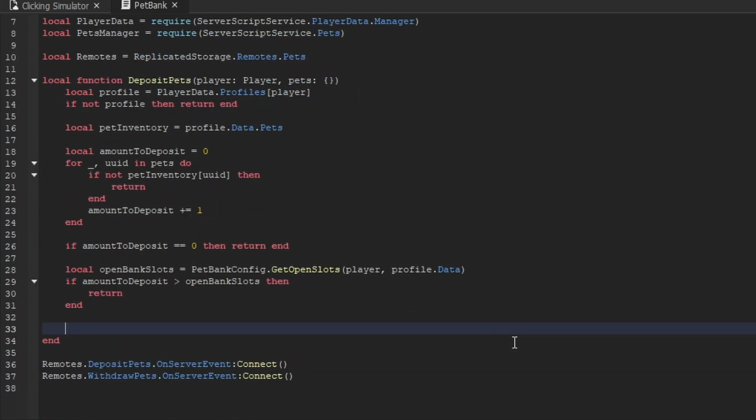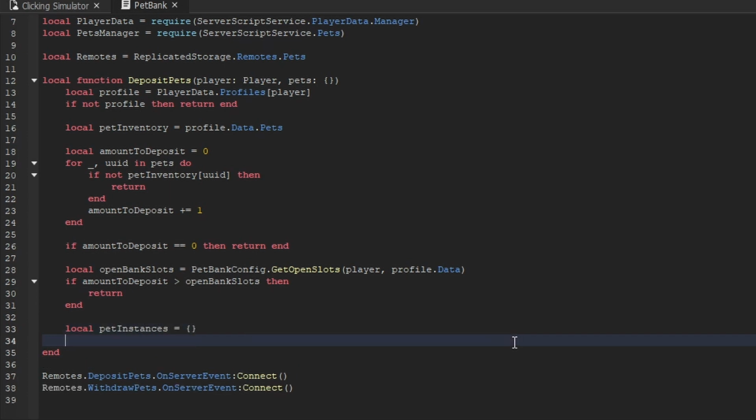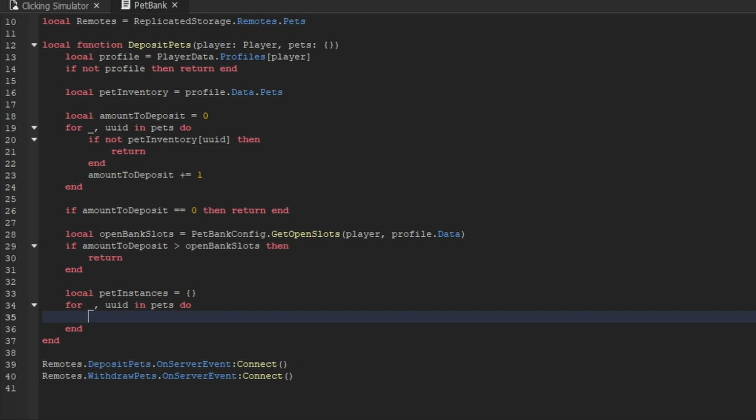So now that we've gone through all of our checks, the next thing that we're going to do is create a variable called pet instances, which is going to be equal to a blank table. Now, once again, we're going to loop through all the pets that the player is requesting to deposit. So now what we're going to do inside of here is transfer the pet from the player's inventory